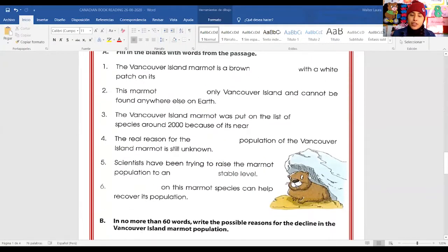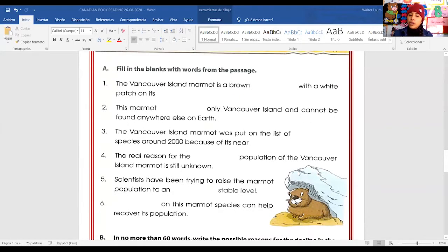Let's see here. Okay, it says fill in the blanks, complete with words from the passage. Okay, so we are going to complete. It says, the Vancouver Island Marmot is a brown what? Remember that the marmot is what kind of animal? Is it a fish? Is it an amphibian? Is it a bird? So what kind of animal is the marmot? It's a mammal. Yes, that's right. It's a mammal. Okay, so the Vancouver Island Marmot is a brown